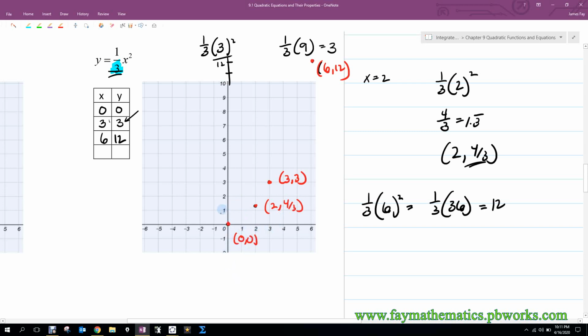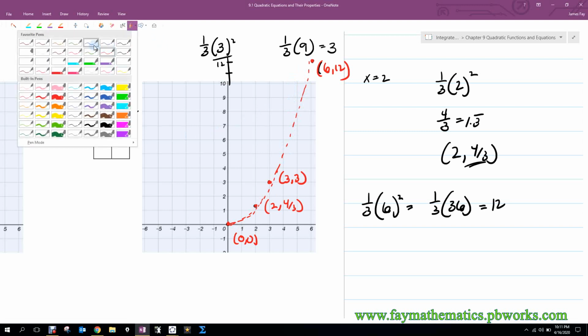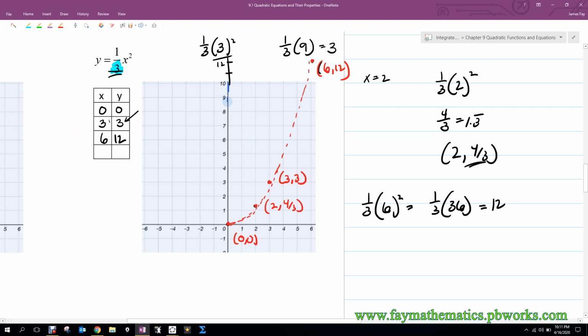Okay, now if I just put those points on there, I don't get my full parabola. Obviously plotting those, connecting with a smooth curve, I just get that branch. But because we know that the axis of symmetry passes through the vertex,